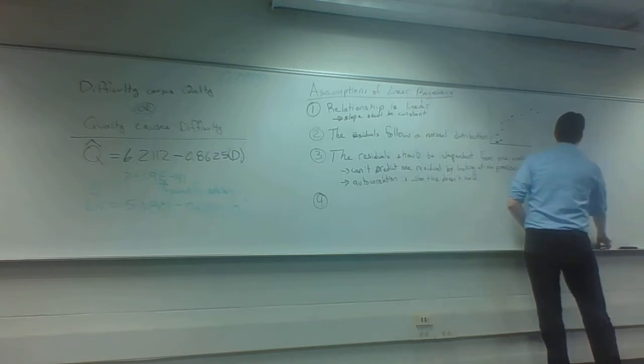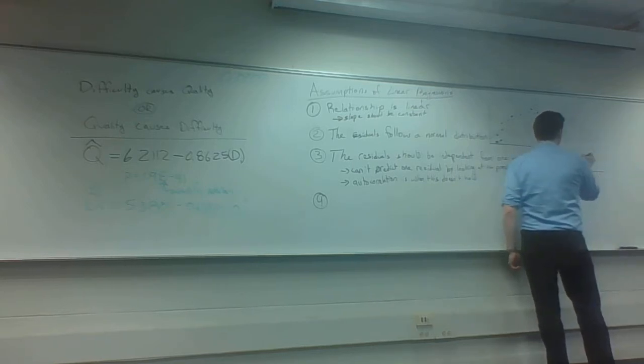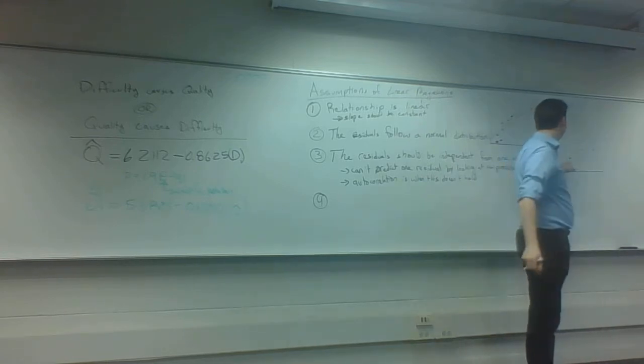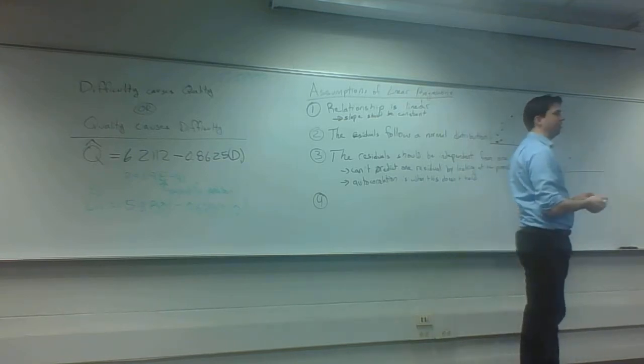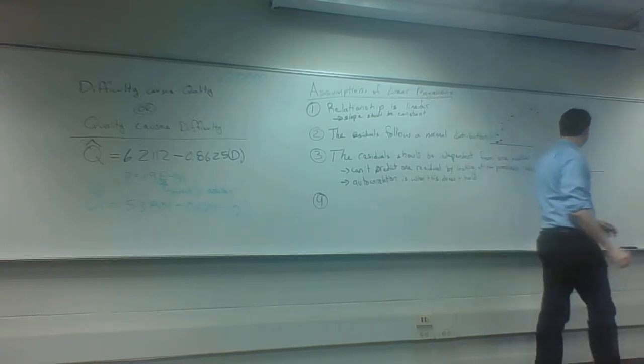So in this case, right, it's down, and then it goes up, and then it's down by the same amount, and then it's up by the same amount, and it's down by the same amount, and up by the same amount. That's a pretty bad autocorrelation. It's bouncing back and forth,